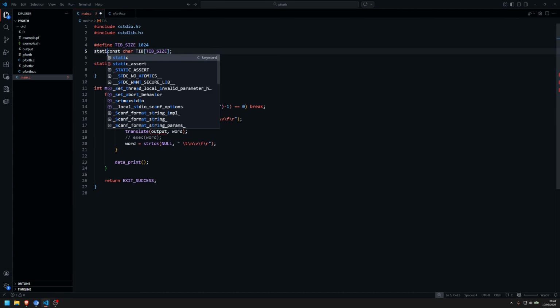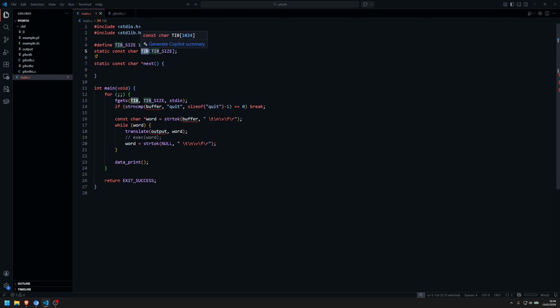This one is also going to be static. This is not constant, so I can say something like that. And the next thing is basically just going to give me, so basically while words